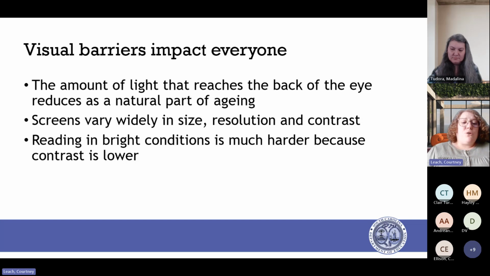So when you're creating presentations for your classes, think about how small those screens are and be intentional about not cramming too much information on one slide. Also, reading in bright conditions is much harder because that lowers contrast. So being careful about your background and text color, or your background and foreground color, is really important.